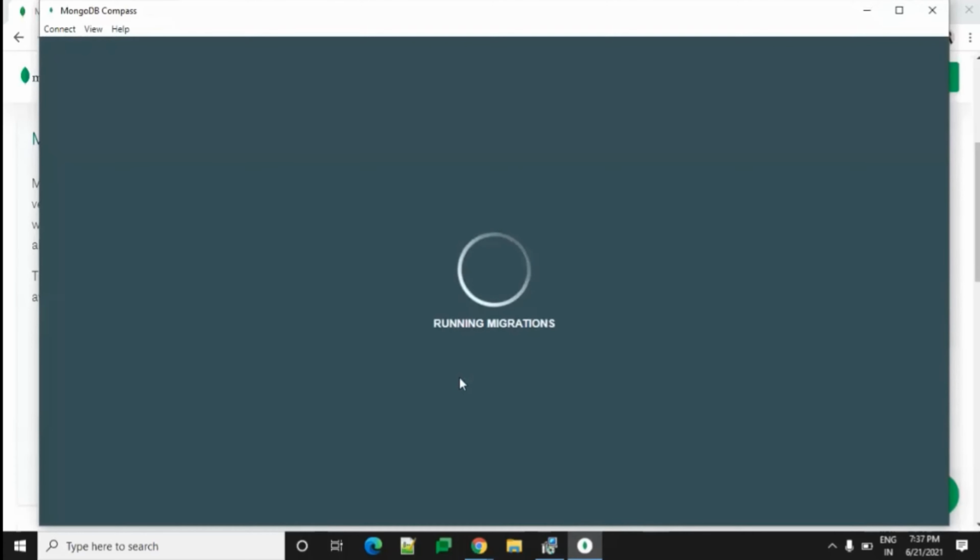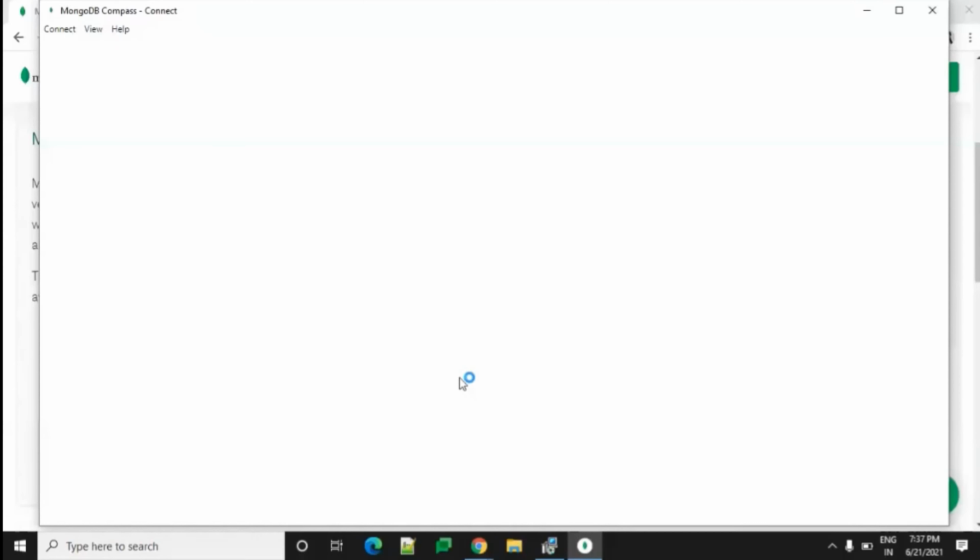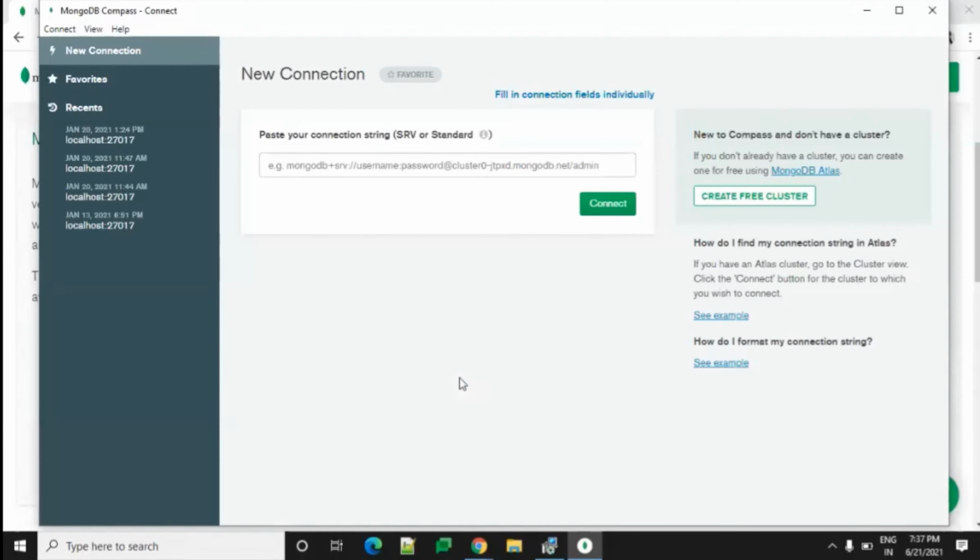Okay, we have installed MongoDB successfully. So this is the MongoDB Compass application. So we'll wait until it gets opened. Okay, it's done.